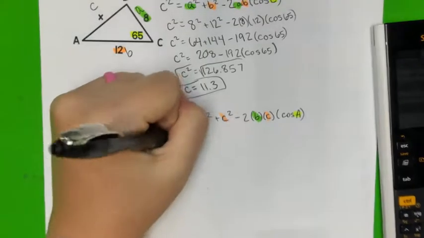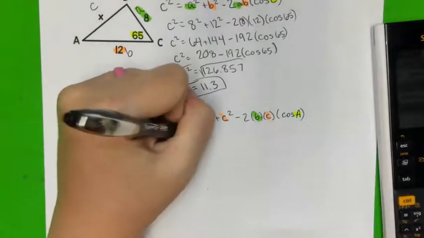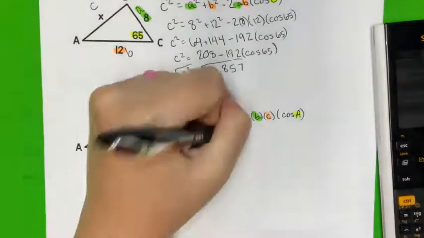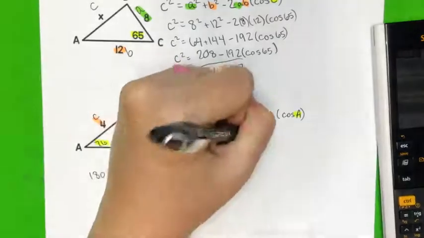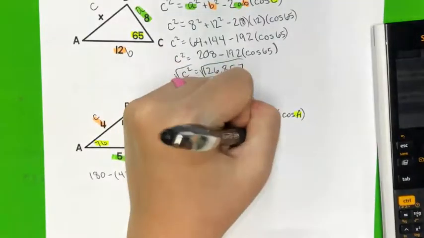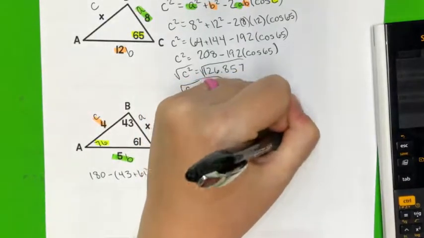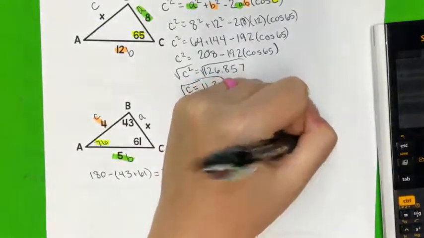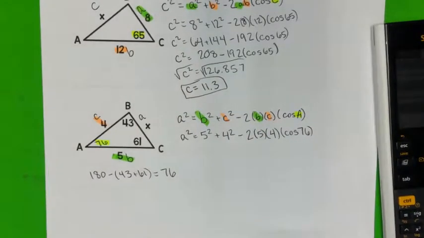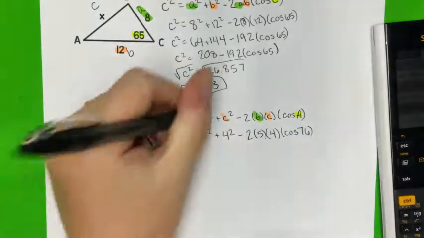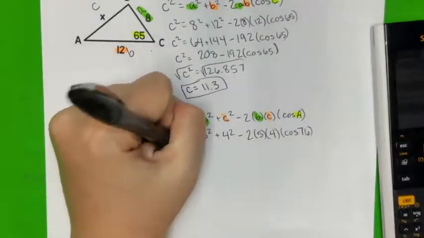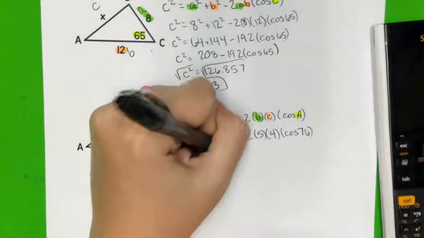Alright, now we can plug everything in. So a squared equals 5 squared plus 4 squared minus 2 times 5 times 4 times cosine of 76. I would highly recommend using highlighters because it really makes it a lot harder to mess up. It allows you to color code it in your mind and plug the correct numbers in. So a squared equals 25 plus 16